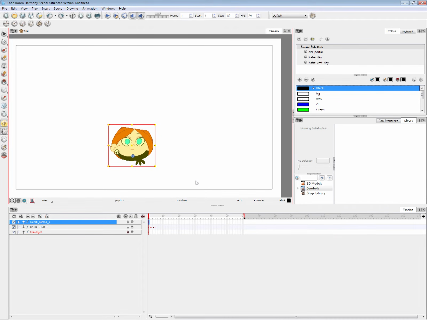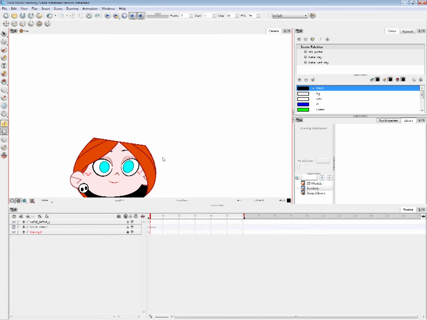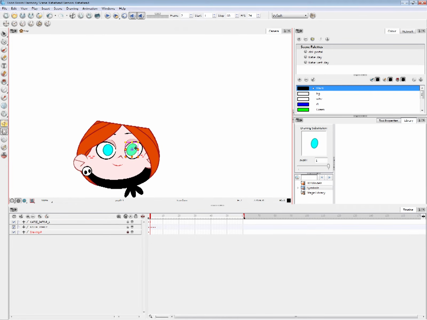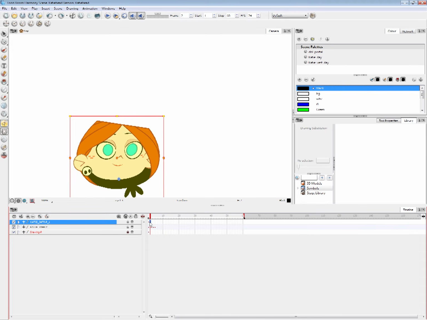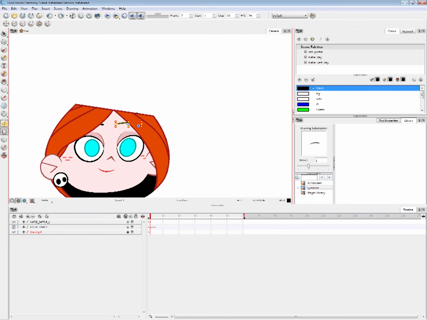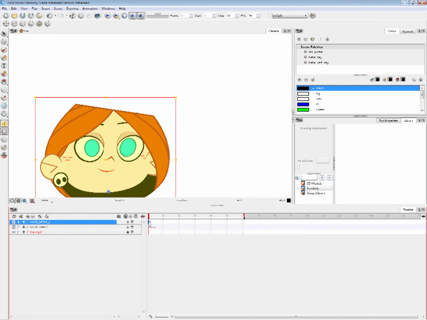And next, what I usually like to do is actually start on the second frame if I want to start manipulating the parts, so in case I want to revert back to something, I'll have the first frame to go back to.